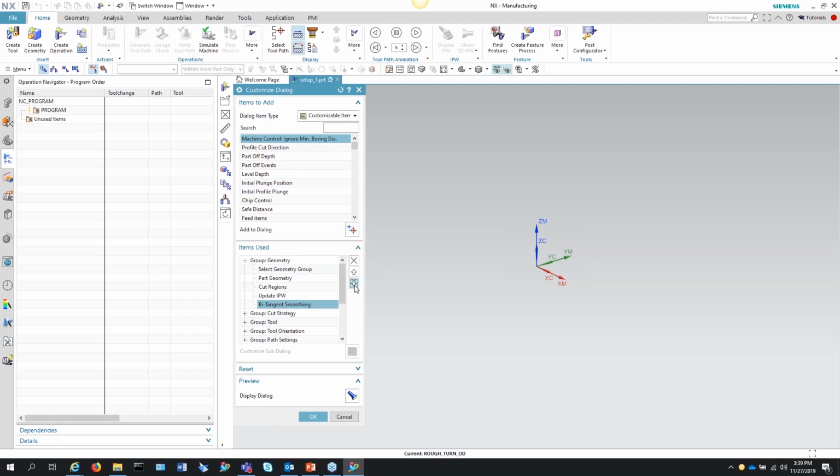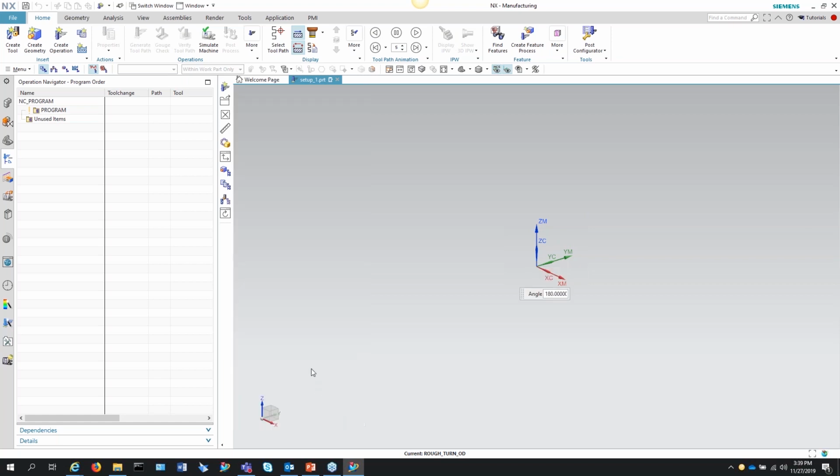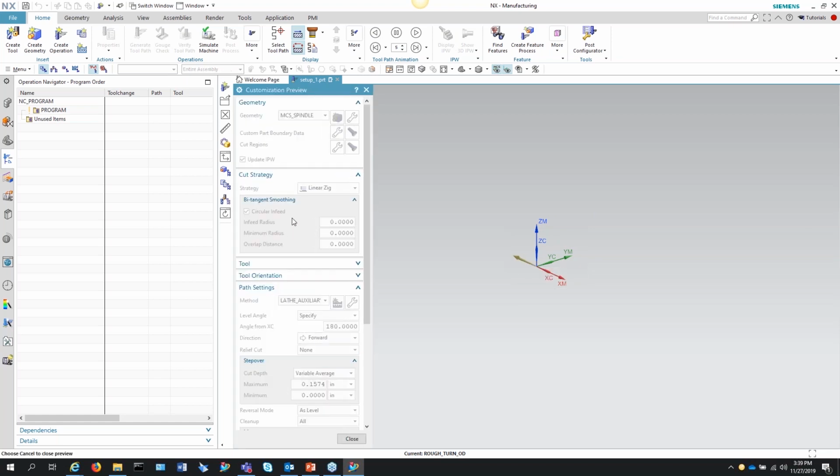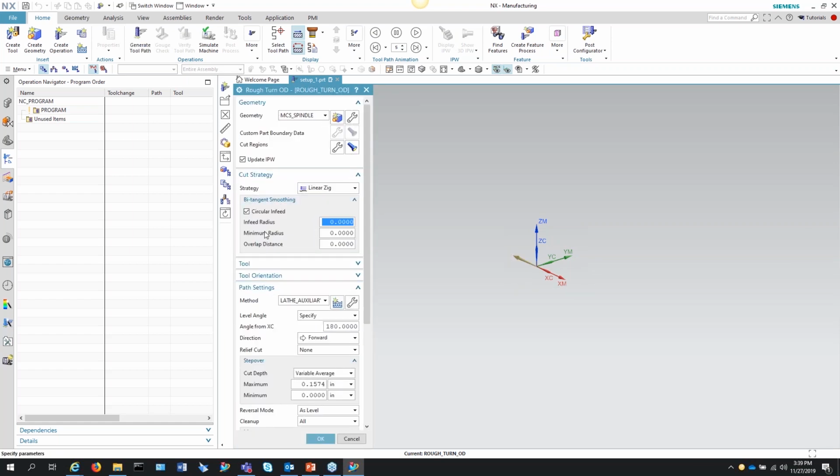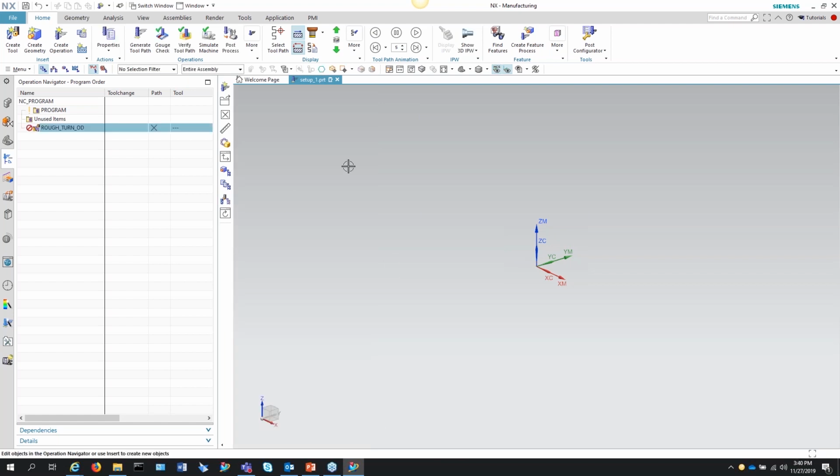Now I have to tell it where I want it to be. This is where I want to see it. And there I see it, the addition to the dialog. So now it's a part of the dialog. But now if I close this file and I do this on a new file, I'm going to have to customize that each and every single time. Or